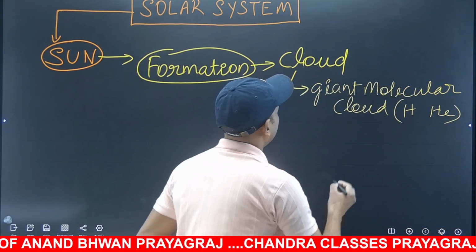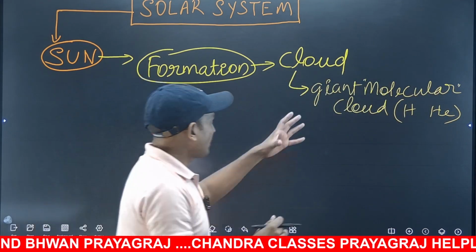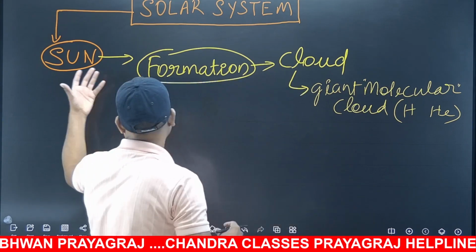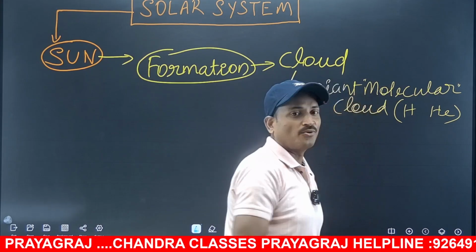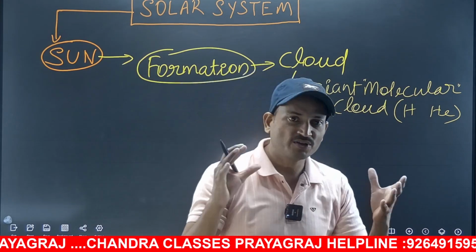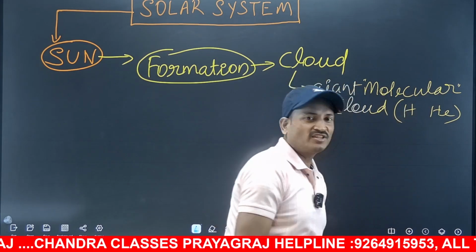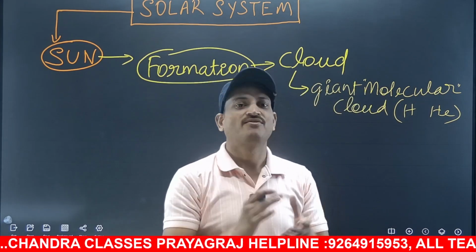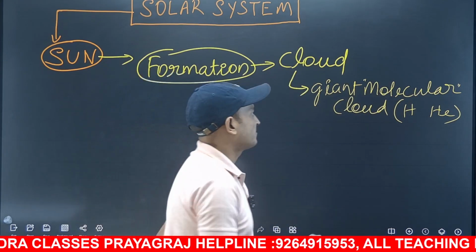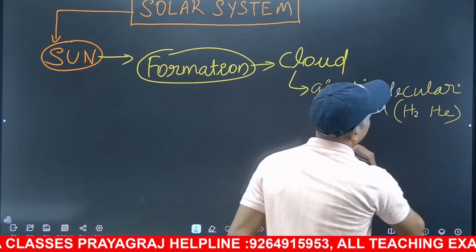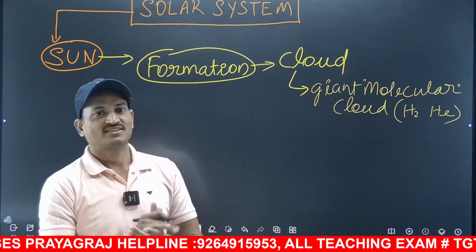But since there is a term here, molecular cloud, the cloud was cold. It was not at the temperature at which we see the sun today. So the cloud was freezing cold. बहुत ही ठंडा था cloud. Since it was cold, hydrogen was not existing in the atomic form. वो hydrogen को atom के रूप में यहाँ पर इस cloud में नहीं थी. It was in the molecular form, meaning pairs of hydrogen. So hydrogen was there in this molecular cloud, but in pairs, in the molecular form.